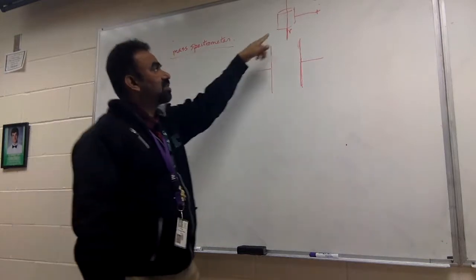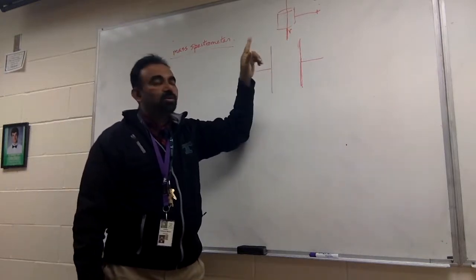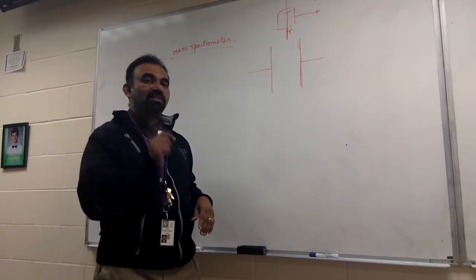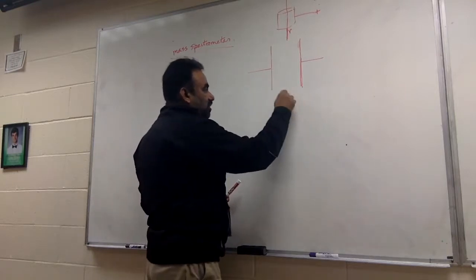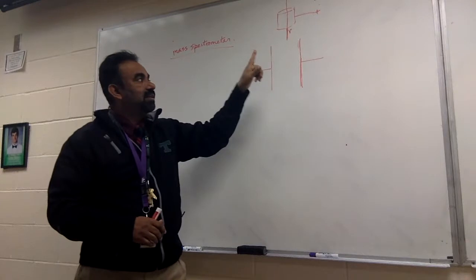So you can get a bunch of ions here. They're coming at different speeds, but we need to sort it out. We need to get only one set of charges to continue its journey here. You can't let everything go through. So that's why we have